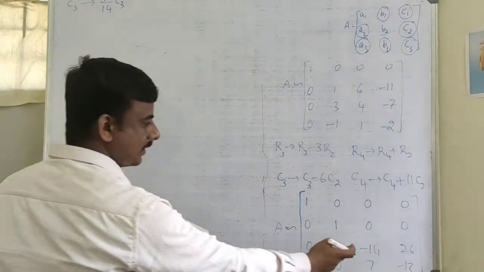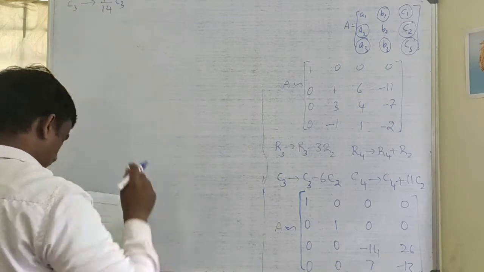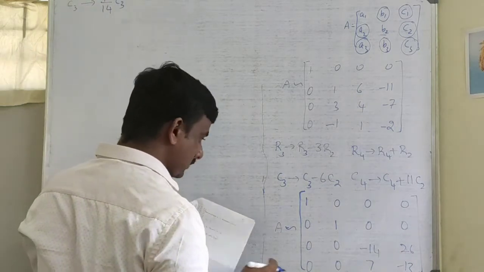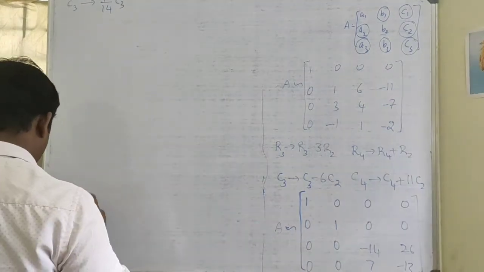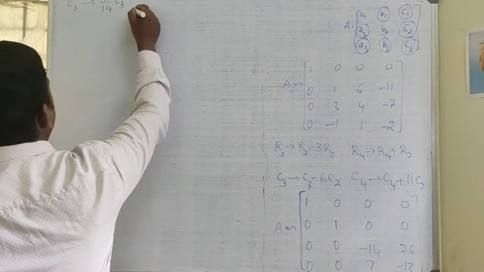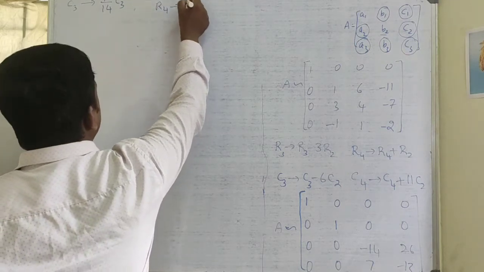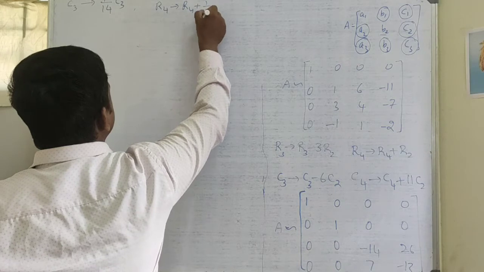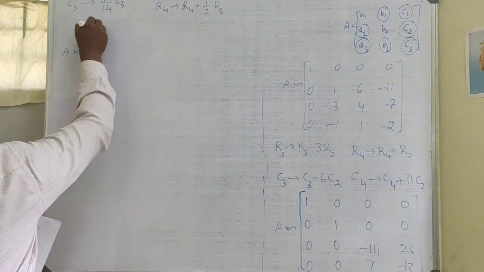Then I get here 1. Let us take minus 1 by 14, so it will be 1, and it will be minus 1 by 2. Then applying the operation R4 changes to R4 plus 1 by 2 R3, the matrix you are going to obtain is